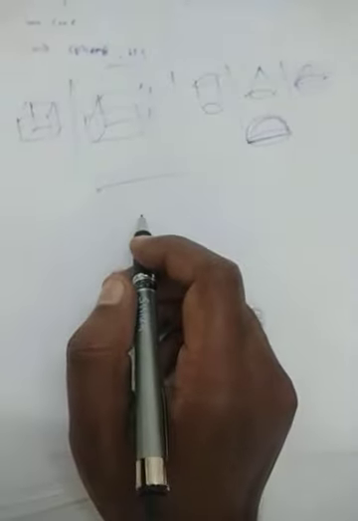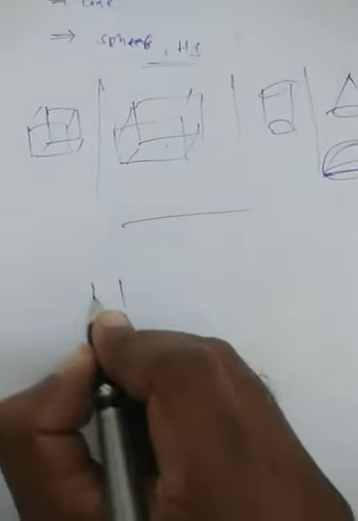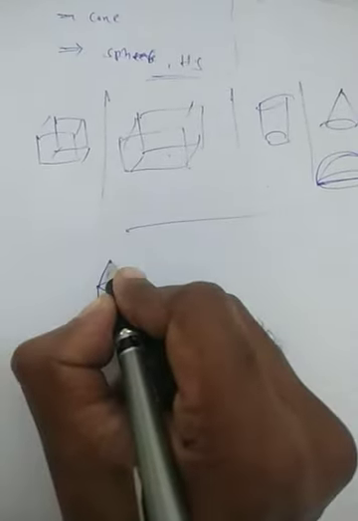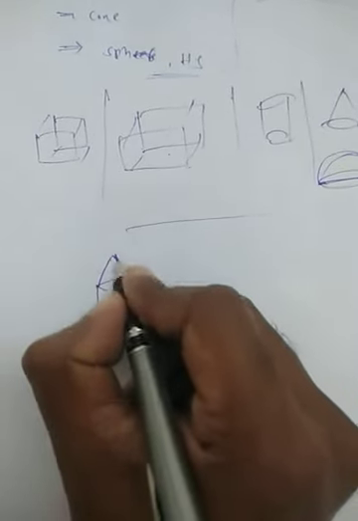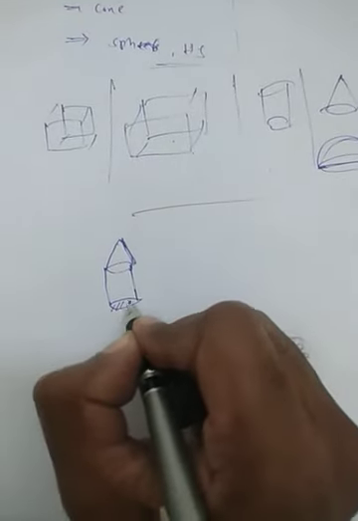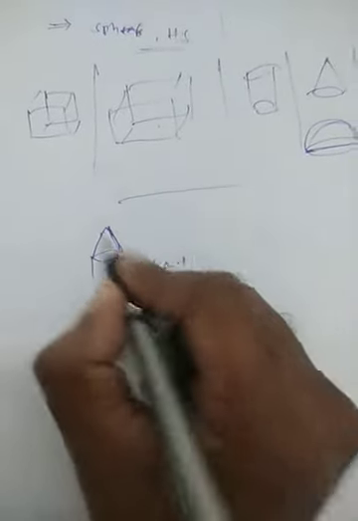So these are the different types of solids. If one solid is combined with another solid, how are we going to discuss their area and their volume? For example, if these two figures are added, I will take one example here. This is a sphere, and one cone is added, something like this. You have to imagine. If you want to get the total surface area of this, we can't write total surface area of this one plus total surface area of this one.